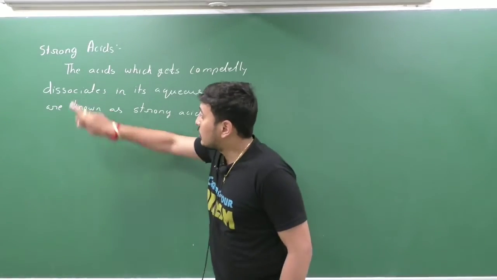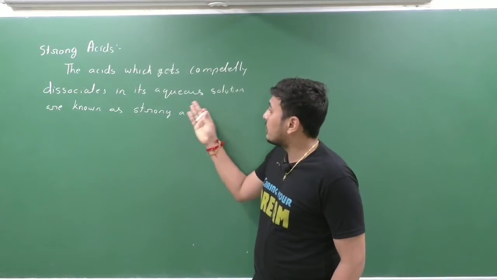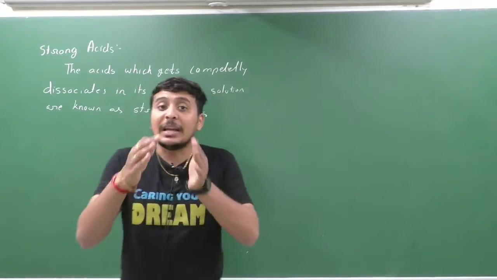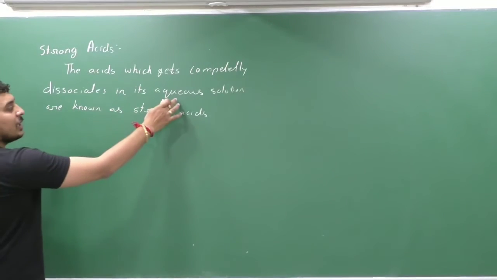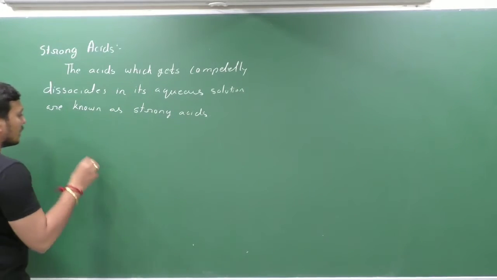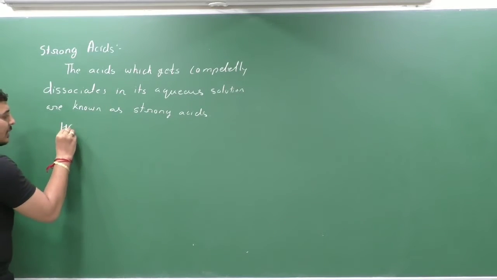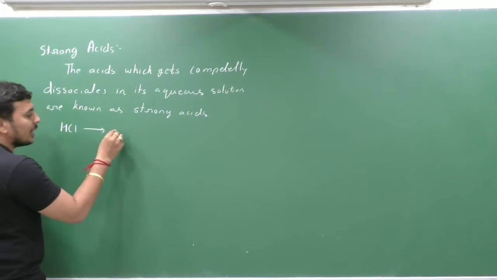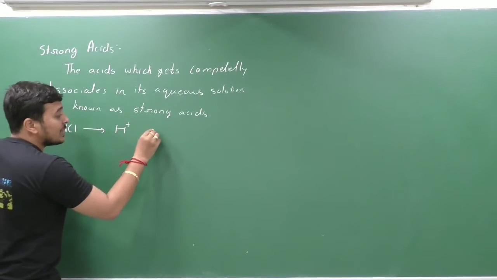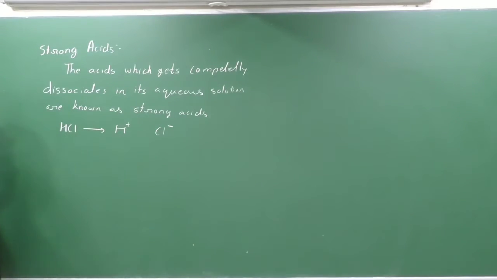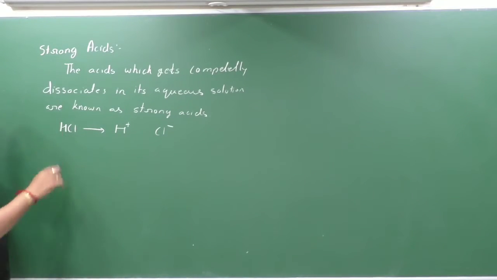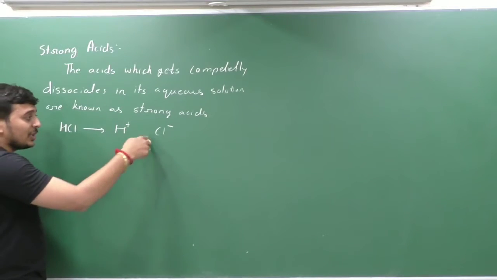What do we mean by dissociate? Aqueous solution, we know what is the meaning of aqueous solution, but what do we mean by dissociate? Dissociate means division. It means ionization. What is the meaning of the aqueous solution? Addition of acid into any water. So if we have HCl, we are making the aqueous solution, it means we are adding HCl into the water or water into the HCl, then it is divided into H plus and Cl minus. So HCl is an acid. Acid is ionized into H plus and Cl minus.